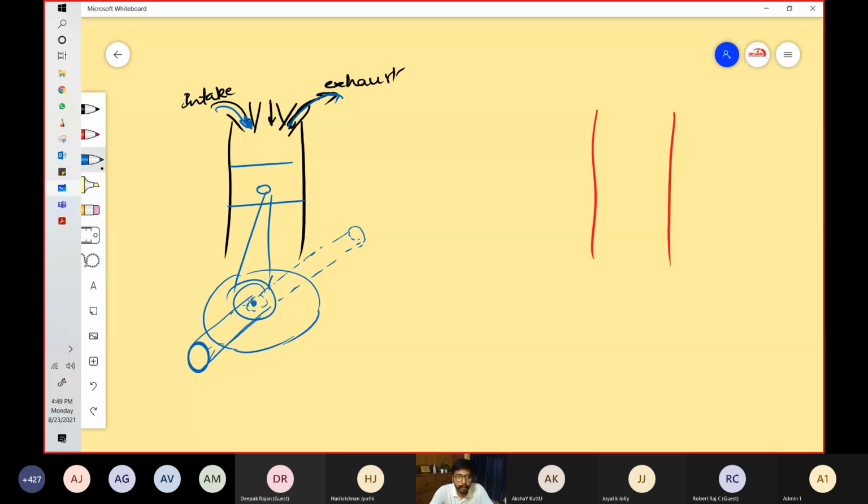So as soon as this piston comes down, this crankshaft is going to rotate. This crank is going to rotate, and with this rotation of the crank, this shaft is going to rotate. This shaft is then connected to the gearbox. If you see your engines,